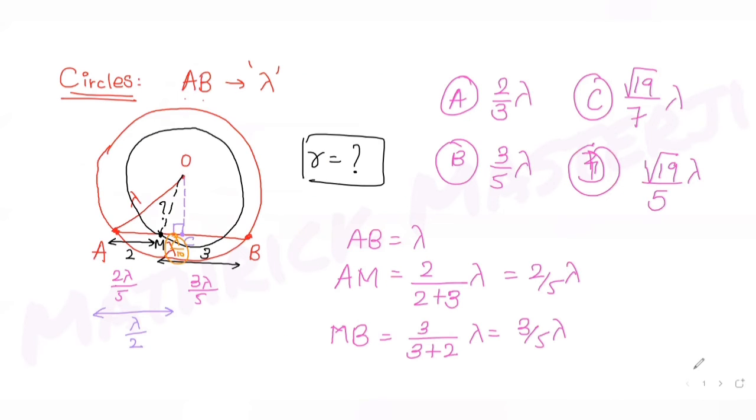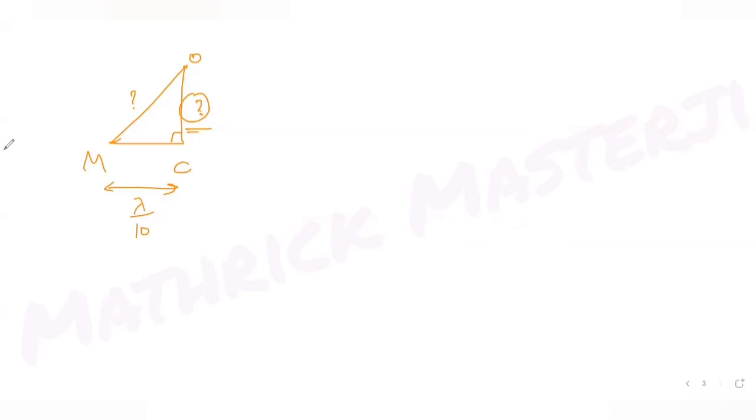if I take that right angle triangle out, I have OM and MC. MC we just figured out, lambda over 10. But to find OM, to apply Pythagoras theorem, I also need OC first. So let's try to find OC. So if I see, I have another right angle triangle that is visible, which is OAC. So if I draw that right angle triangle first,